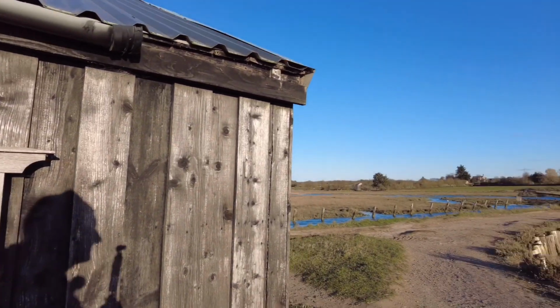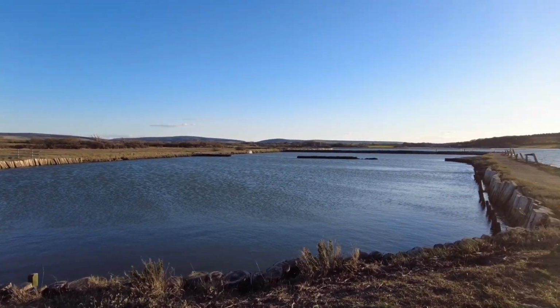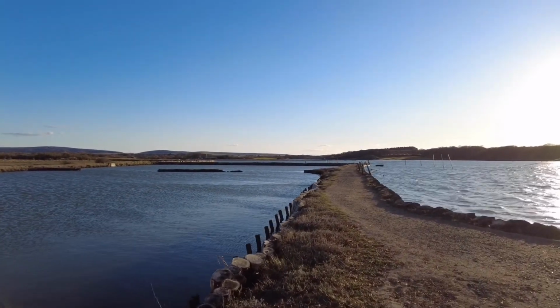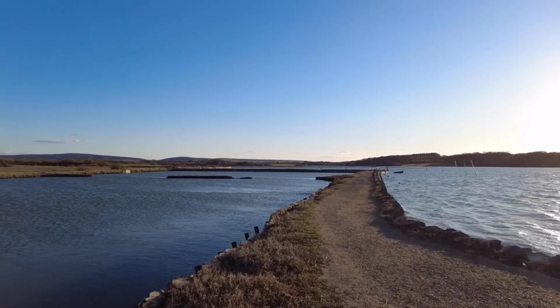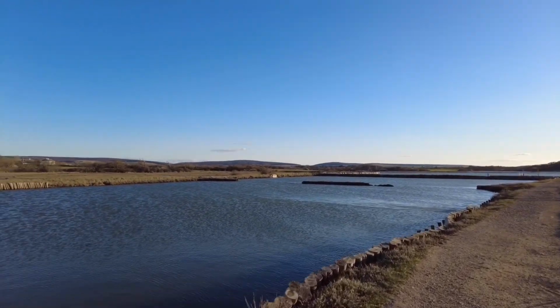So here we are, so these were salt pans, as you can see here. I'm just going to walk around them. And so salt has been really important, as we know, for life. And the word salt